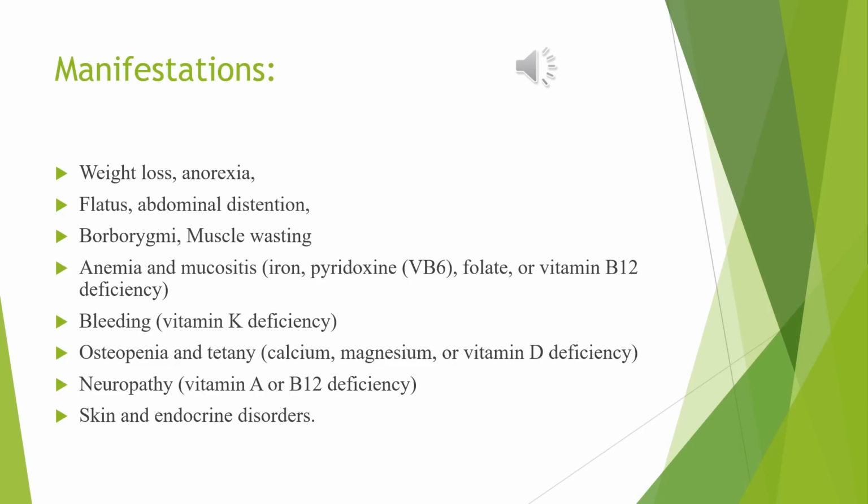Also, skin and endocrine disorders can result from the malabsorption of substances that are needed for skin development and for hormone synthesis, like malabsorption of iodine, which can result in thyroid hormone